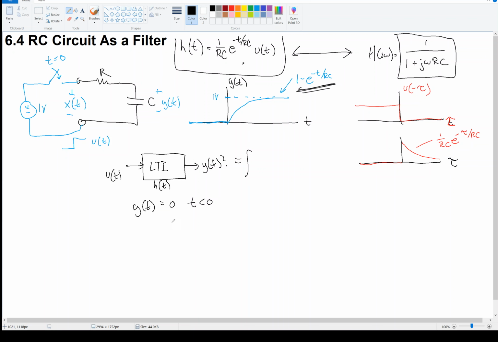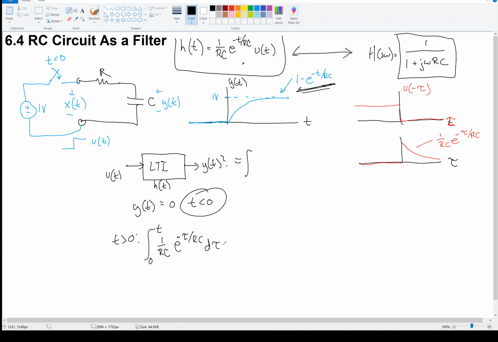Now for t greater than 0, I shift this thing to the right, and my non-zero overlap then is from 0 to t, right? 0 to however much I shifted it by. And I can drop the unit steps since this is the non-zero part, and in the non-zero part, unit steps are equal to 1. So then I'm just left with